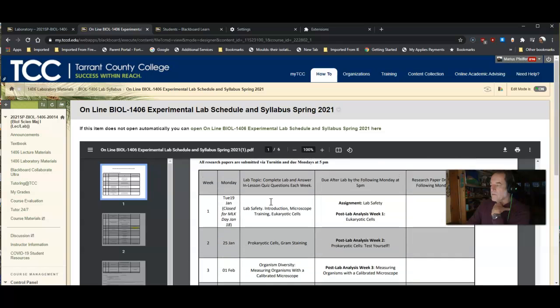But our very first assignment is going to be lab safety, and then we're going to have an introduction to the use of the microscope and identifying eukaryotic cells using a microscope. We have 2 assignments this week, completing the lab safety assignment and then doing the post-lab analysis afterwards. So here's the lesson itself, and then we've got these 2 things to do. So let's go ahead and take a look at